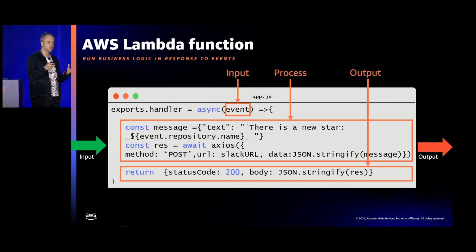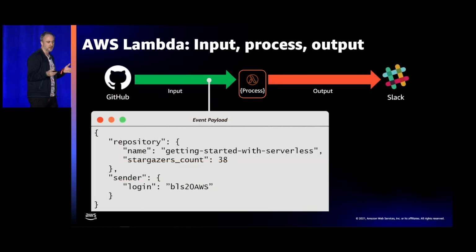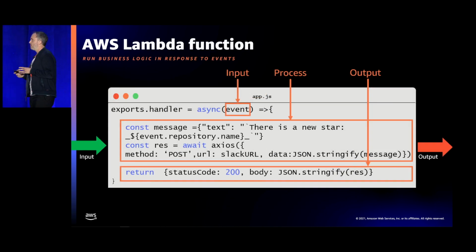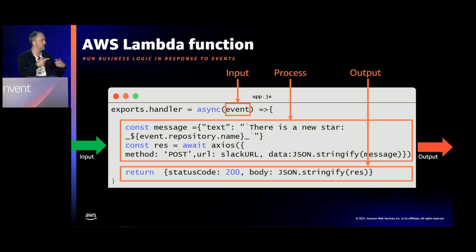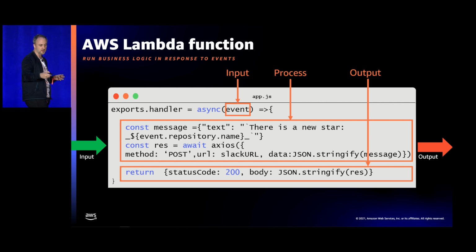So here we have the input at the top. Hang on, let me go back one slide. Remember, this is the input, a JSON payload. That input is then provided to this function as an event object. And you can see this function is called a handler function. Now, this is written in Node.js, which is one of the managed runtimes available for Lambda. Every Lambda function needs something called a handler. It's what tells the Lambda service where to start running your business logic. So this input is passed to my handler as something called event.